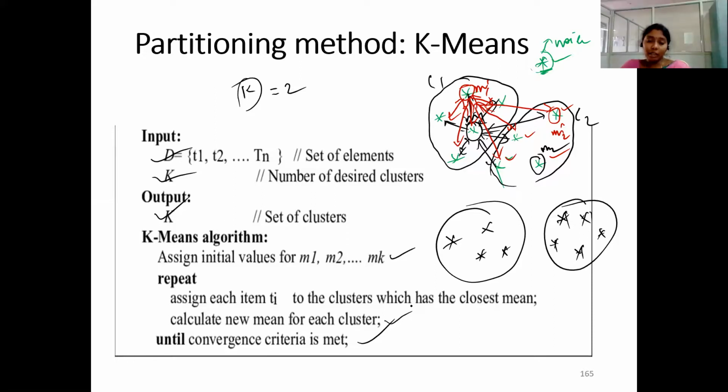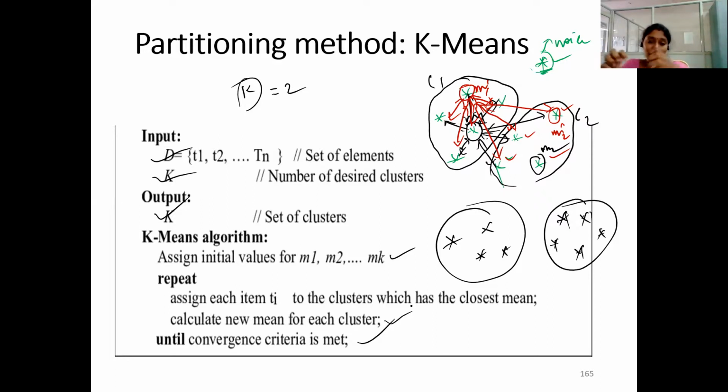No. Randomly we are choosing the means only. Randomly we are not forming the clusters. Okay, randomly is right, but we are randomly choosing the means of the clusters only. That means in the total data set, for example, if k is equal to 2, only 2 data items should be randomly set as means. So I am fixing one data item as the mean for the one cluster, and I am setting another data item, in the sense record or object or tuple, another record as the mean for the second cluster.